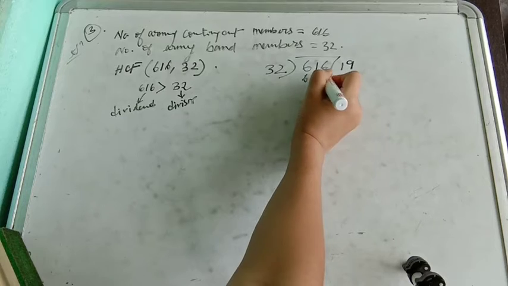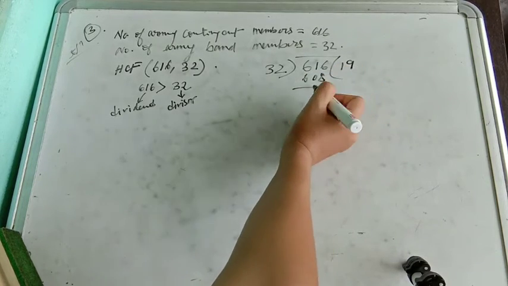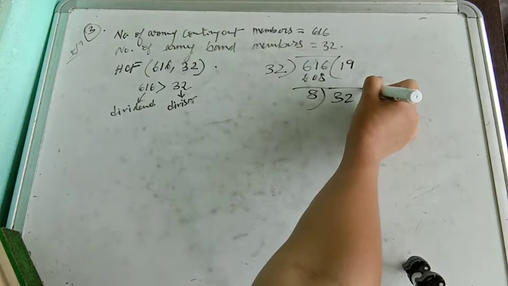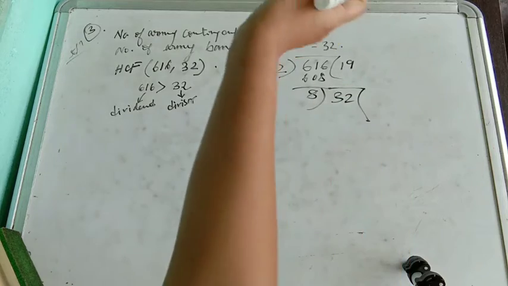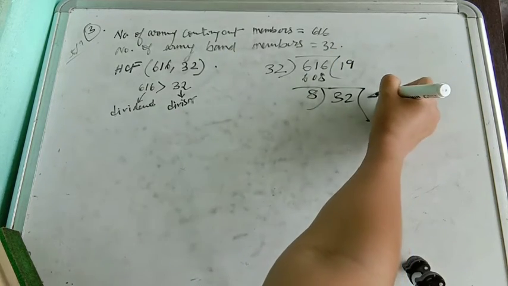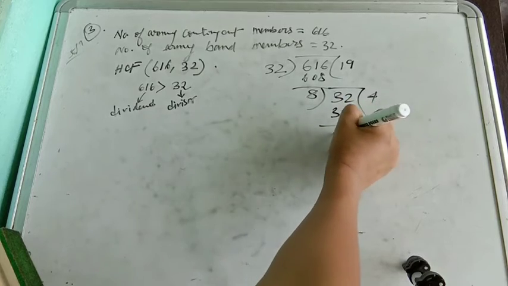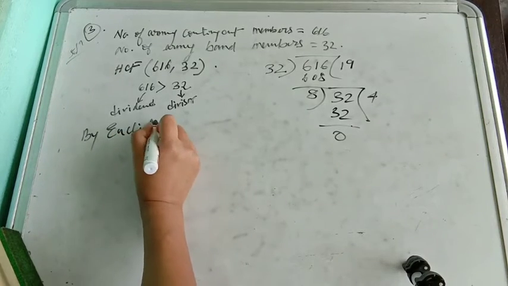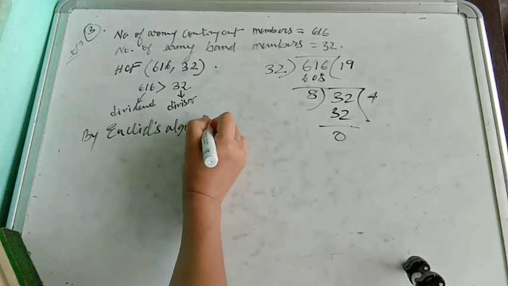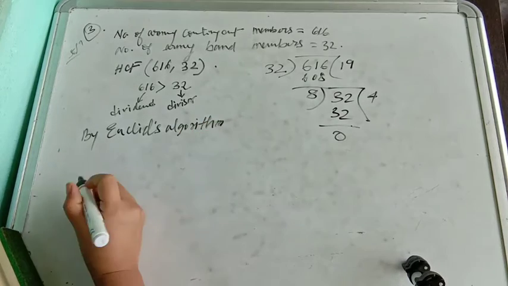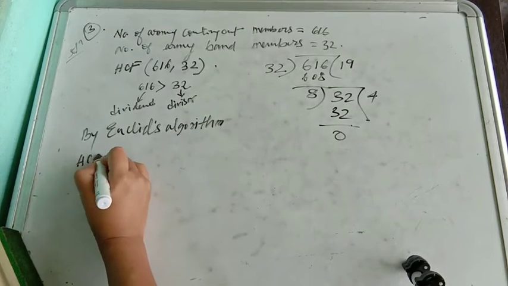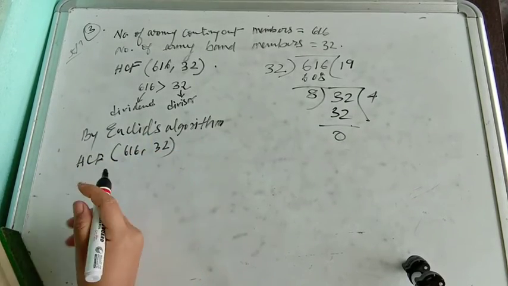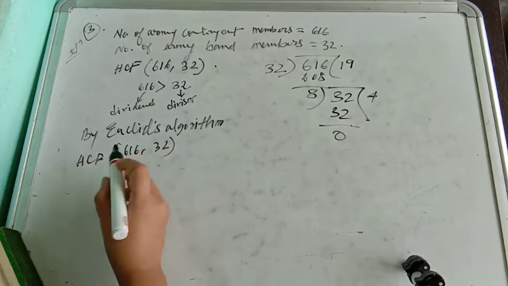So when we divide 616 by 32, we get 32 into 19, which is 608, and the remainder is 8. So now 8 will divide 32, which will now become the dividend. So 8 into 4 gives 32, and the remainder is 0. Now representing this in the form of Euclid's division algorithm, we can write this as HCF of 616, 32 equals